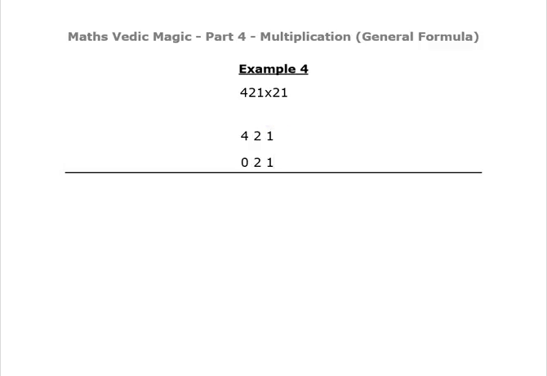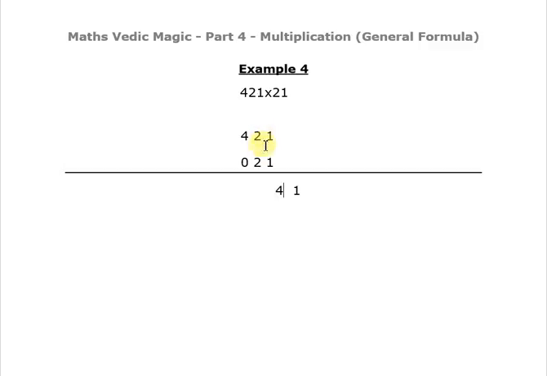So again the same thing, cross multiplication of the rightmost digits. So 1 into 1, 1. Then the cross multiplication, 2 into 1 plus 2 into 1 gives us 4. Then shifting further left, 4 into 1, 4, plus 0 into 1, and again 4, plus the vertical multiplication of the middle digits. That's another 4. So 4 plus 4,